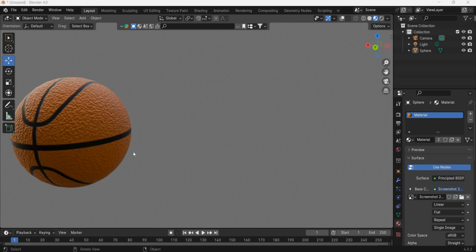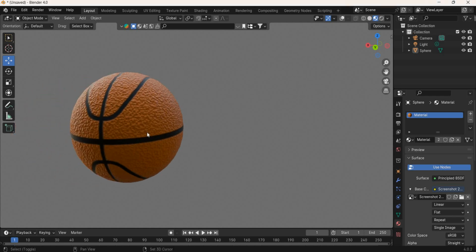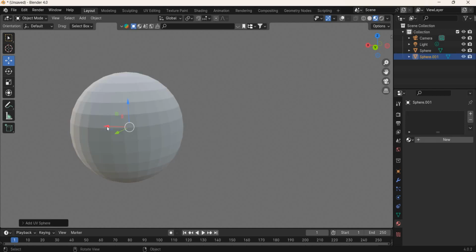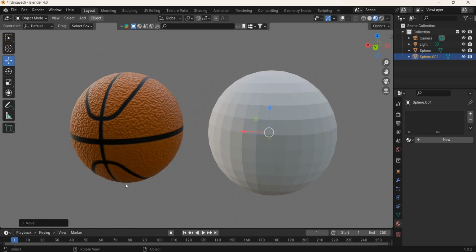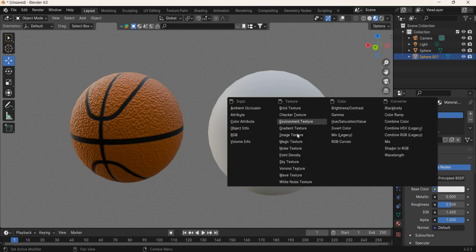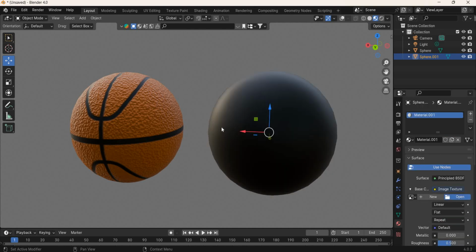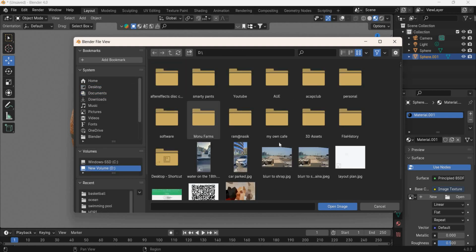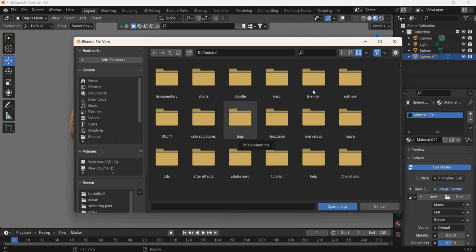We're going to look at how to create a basketball real quick using texture maps like this. So we'll go to add UV sphere, move it, object shade smooth, and we'll create a new material. Go to image texture, open, and what you need to do is you need to find an image texture